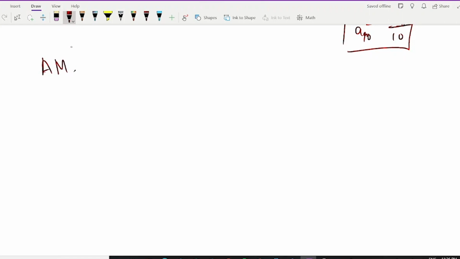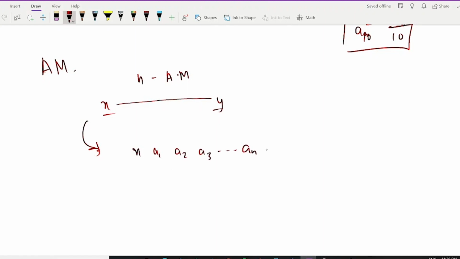Okay, so in exams you will be asked questions such that you are given two numbers x and y and you have to put, let's say, n arithmetic means in between x and y. So the whole sequence will look like x, a1, a2, a3, dot dot dot an, and y. Let's say that the number of terms including x and y is equal to m. I know that this is an arithmetic progression, so I can write